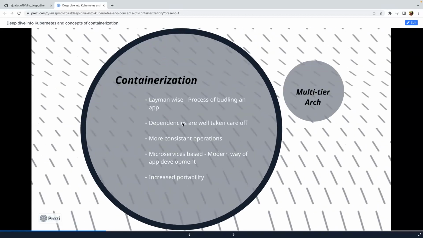So before actually going deep into the containerization, I just want to take a minute talking about why this concept came into the picture. Think of it like how we are writing our code, like Python, Java, or whatever. We are writing our code and then we are deploying them on our servers. On our servers means the bare metal, the VMs, or whatnot. So that's basically a more traditional or monolithic kind of architecture. Why I'm saying traditional, because it has certain flaws to it.